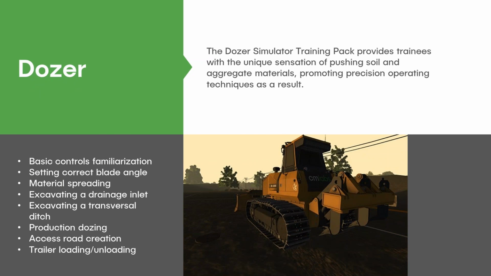The dozer is my favorite by far because it is ridiculously difficult. Any dozer operators out there will attest that you can get to the weeds very, very quickly. I held off doing this one for a very long time because with dozers, you have material on the front of the blade, and then the material slips under and you run over it with your tracks. So the tracks deform the soil. If you have too much material on your blade, then your tracks must slip. And if it doesn't slip, you're getting false confidence.